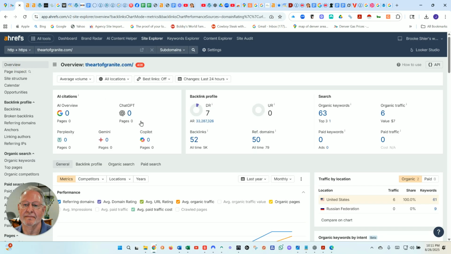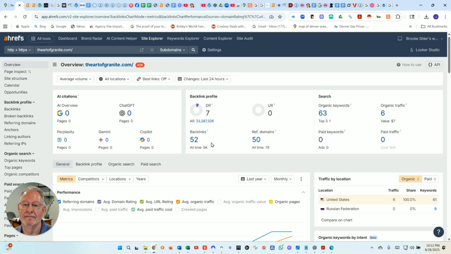And the next thing is backlinks. Backlinks are basically one website linking to another, and in Google's eyes that gives you more authority. So if site A is linking to site B, in Google's eyes that gives site B more authority. And another thing with backlinks is not all backlinks are created equal. Some people have 1,500 backlinks, but they're not good backlinks, and so they're not doing very well.